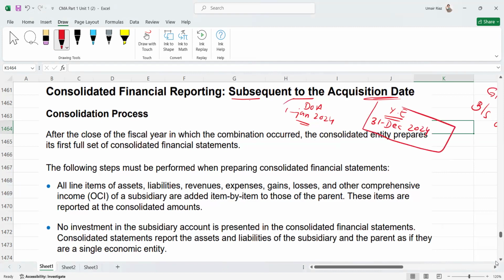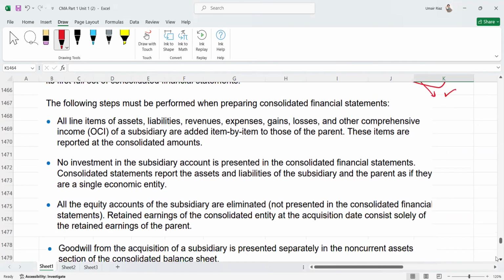If you prepare the balance sheet at the acquisition date, this is called the acquisition date balance sheet, right? And if you are preparing financial statements at the reporting date, this is called subsequent to the acquisition date, right? And here we will again obviously follow the consolidation process at the end of reporting. And what is the consolidation process? Please remember, I'm going to explain first theoretically, these steps you have to remember while preparing the consolidated